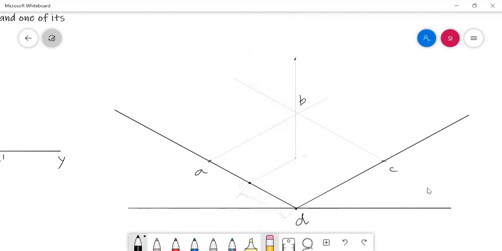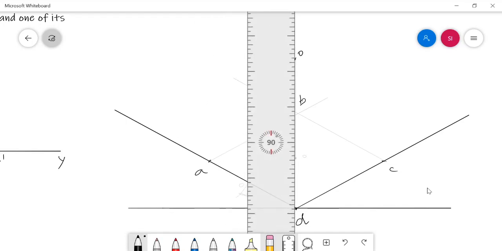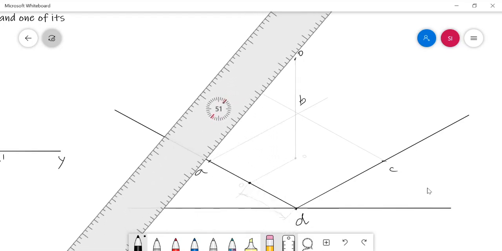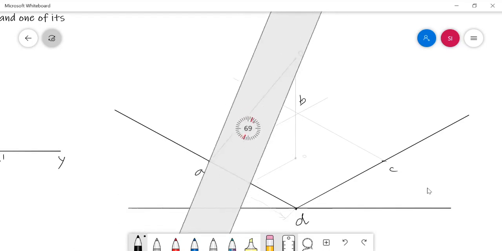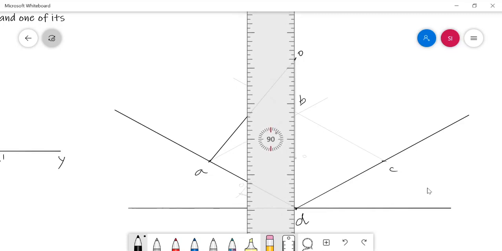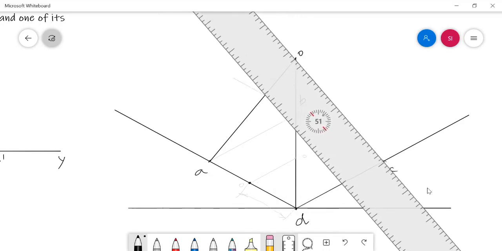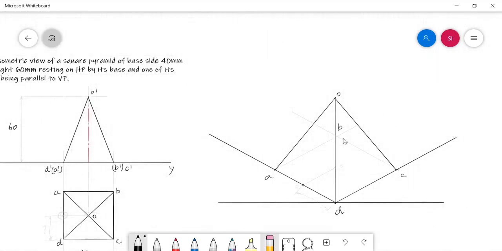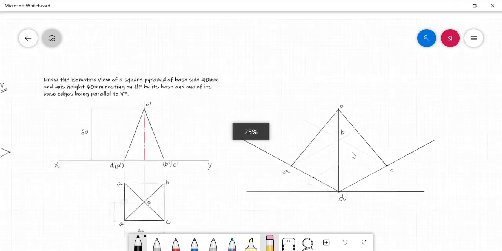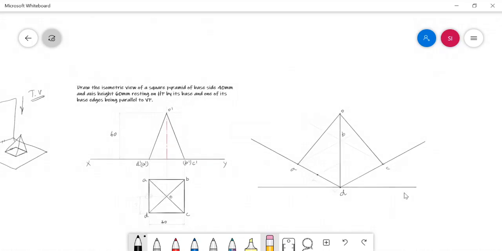So this is nothing but the final position of the point O. Now we need to join the slant edges, that is OA, OD, and finally OC. That's enough. I need not join the edge OB in a dark manner, since it is an invisible edge. In this way, I can draw the isometric view of the given pyramid.